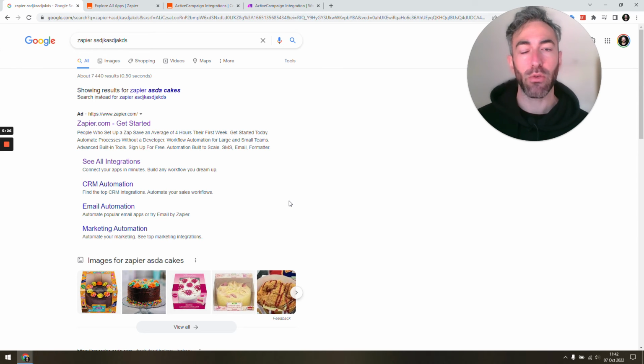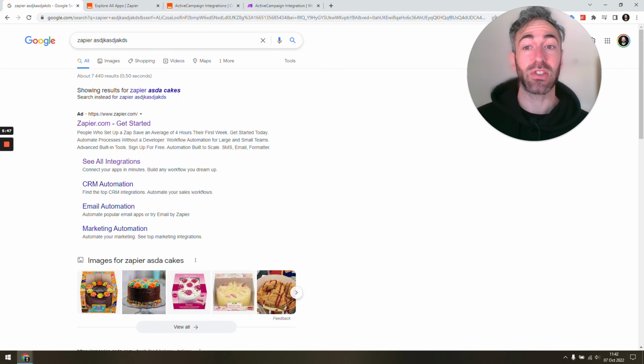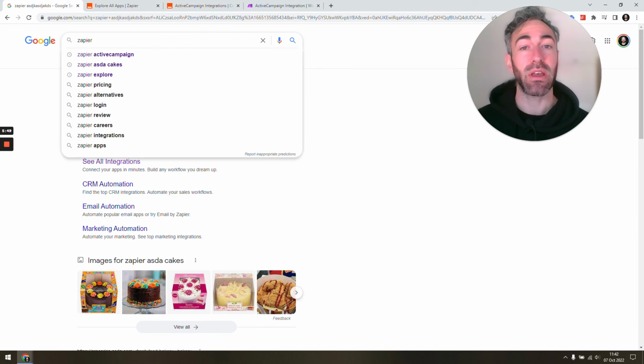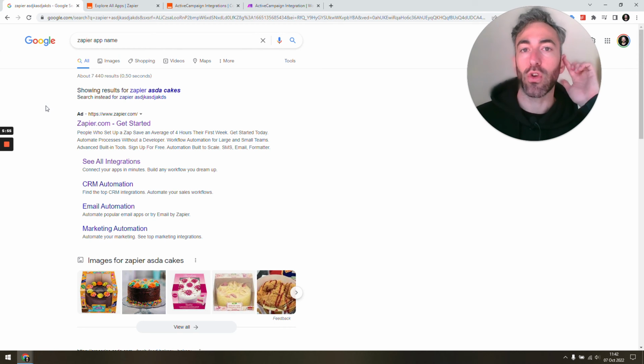Zapier day in, day out, how I determine when working with a new client or with a new app, is it actually supported by Zapier? I don't go into the Zapier Explore page, which is really good for inspiration, as I was saying. If you just want to play around, see what's supported, if you're thinking about a new app, a new software to use, and you want to make sure you can automate it as well. But normally all I do is I just search Zapier plus the app name, whatever the app name is. And then normally the top result is going to show you what you can do, what